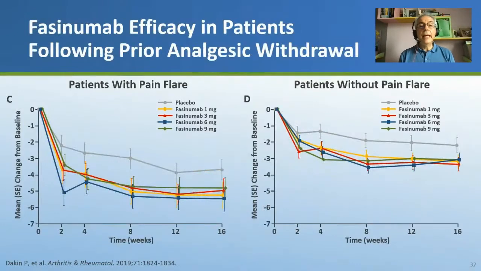Next slide. And just to mention that the patients had to stop analgesic medication before the randomization, 7 days before. And as expected, when there is a flare after this withdrawal of analgesic, the effect of the drug was higher, and even the effect of the placebo. This is very well known. It's not really a flare design, but because the patients who didn't flare were able to be included. But it's interesting to note this flare effect.